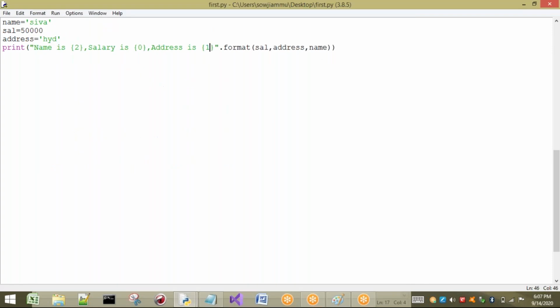Okay, this is the second way. Next, the third way is, I can also use values directly. I don't want to take all these variables here. So directly I want to take the values itself. Otherwise, okay, let us take them here and initialize those values. I will show you once.